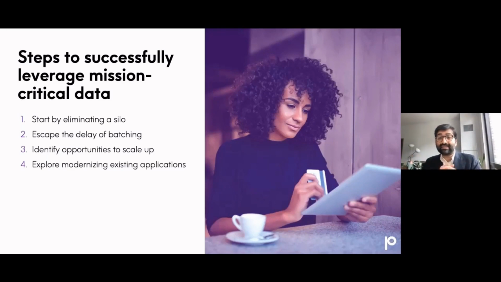The next thing I would say is rethink, right? You may already be doing something today with this mission critical data, and you may have access to it today, but the needs of the organization are changing, right? We're moving from, say, daily or hourly analytics to real-time analytics or real-time machine learning. Because the needs of the organizations are changing, you may need to think about how to implement a new solution that may sit alongside what you already have deployed, or maybe in the long term may replace what you have deployed. And I think a critical part of this is escaping the delay of batching, right?